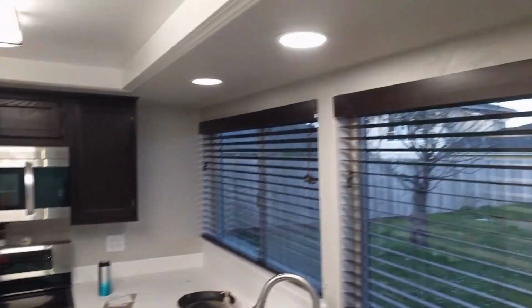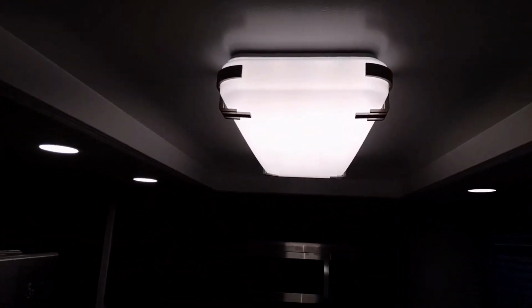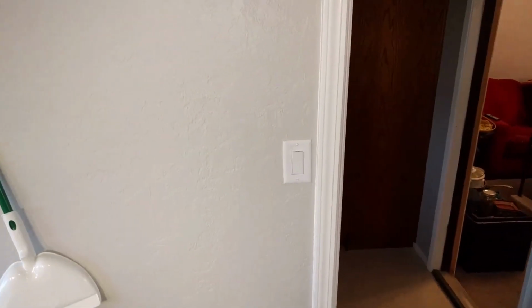And we put new LED lights in here in the soffits. We built a cove up here and put another LED in the middle. And new refrigerator. New tile floor. All this floor is new tile. And that's what I was doing today too. I was putting that lamp in right there, and all new switch plates and switches, and